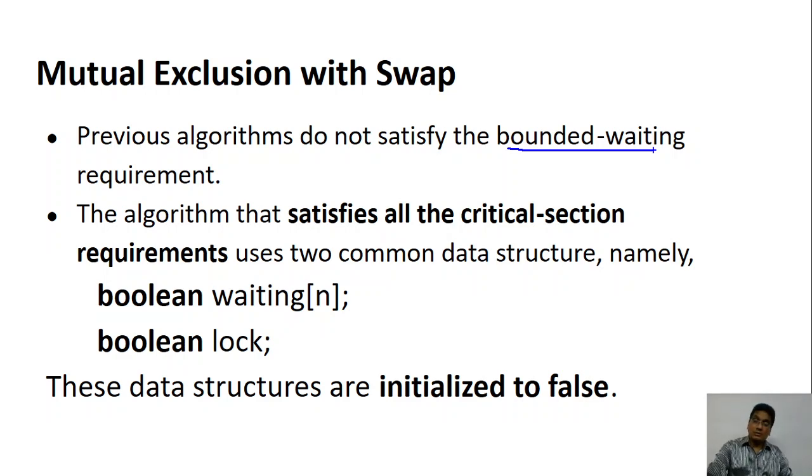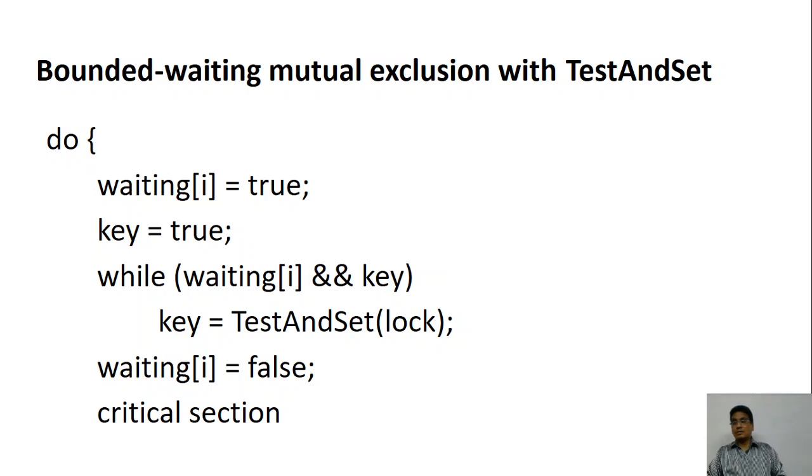So let's look at how to achieve mutual exclusion in this one. This is a bit complicated algorithm, but it is very simple. You have n processes waiting and you want to enter. So you are the ith process who wants to enter. You are waiting and you have the key. Process 2 is also there. You are waiting and you have the key. That means you can enter. Okay, so let's look at that.